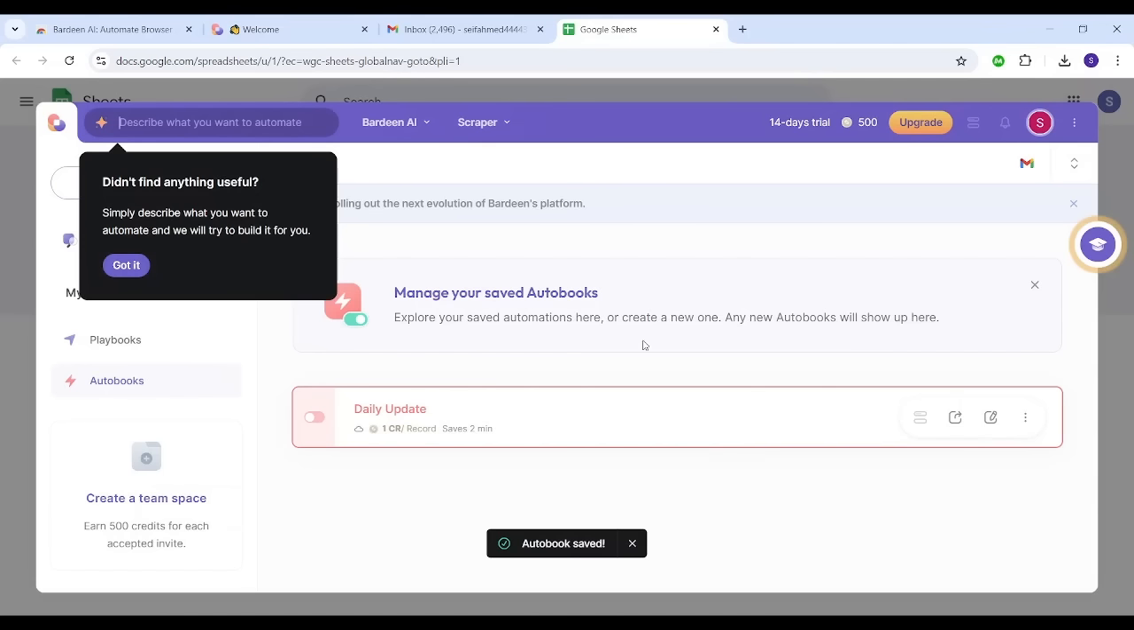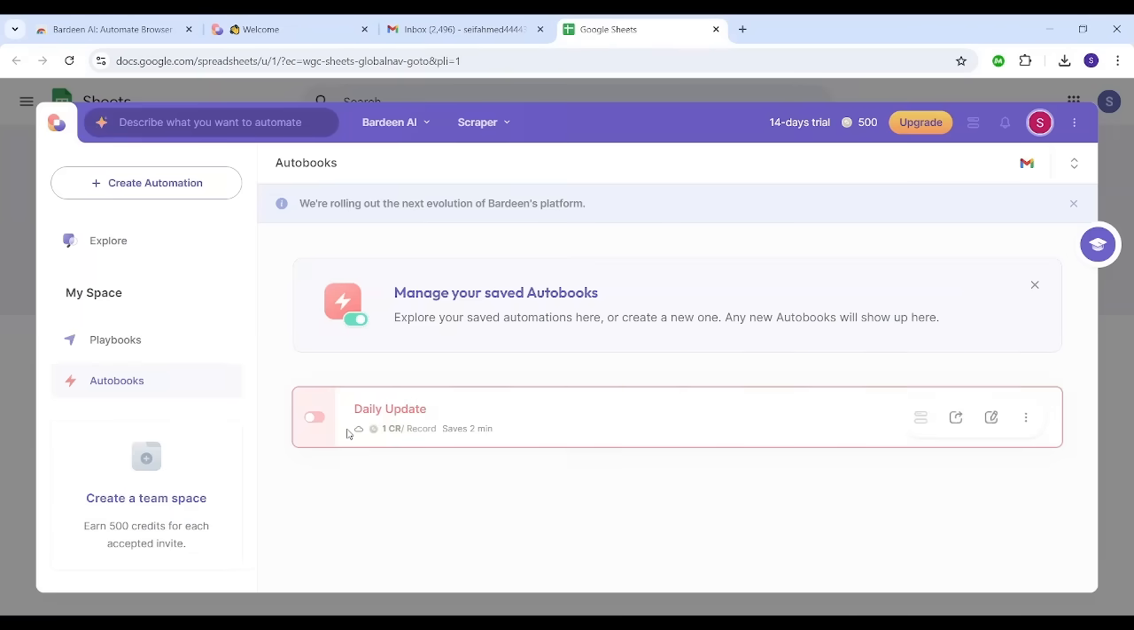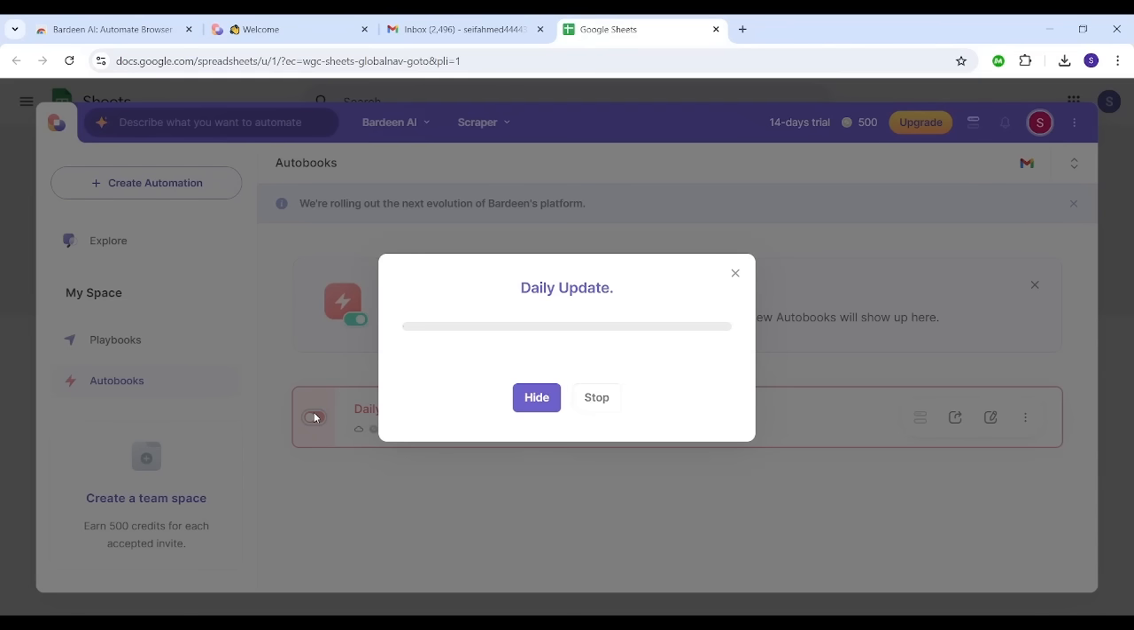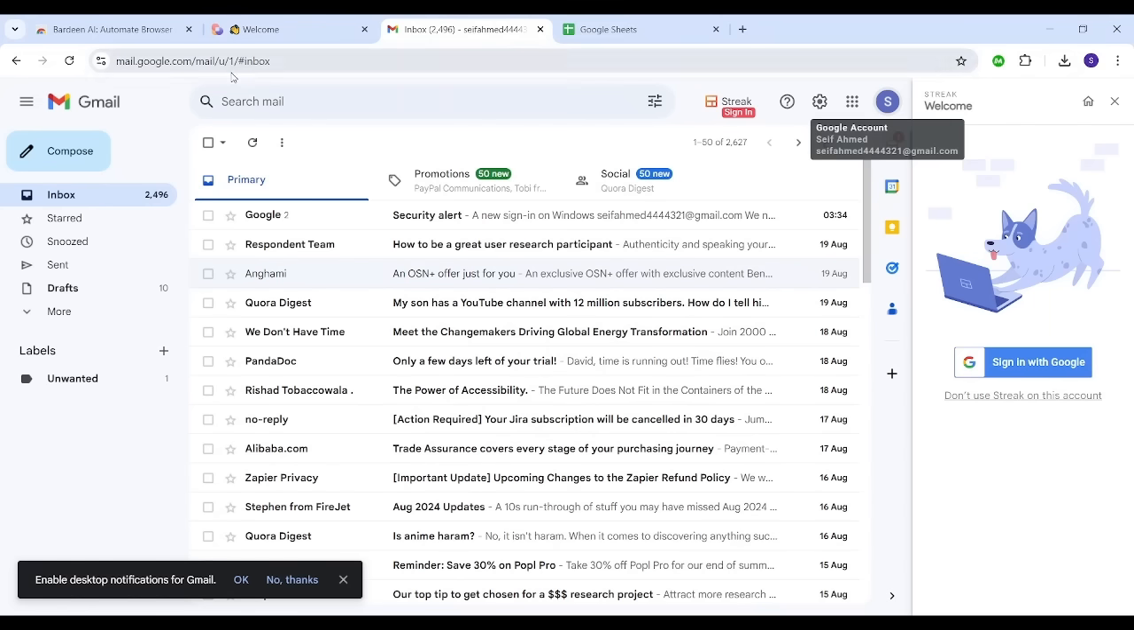Now let's see our test email to see if it works. If I went to my email, I will not find anything because we have one last step, which is switching this button to the activate side, and now it's activated. So if I went again to my email and I clicked on the refresh button,